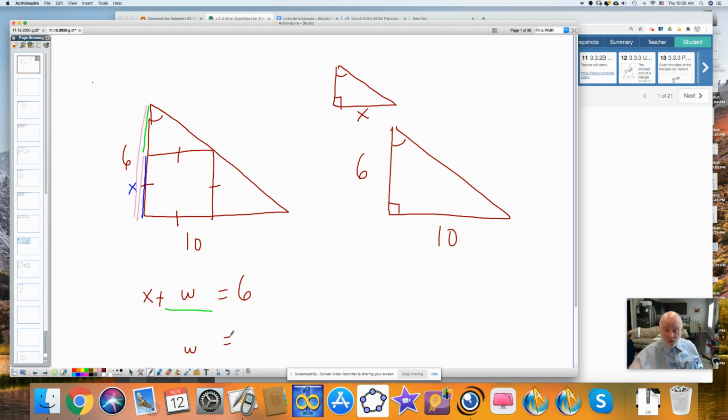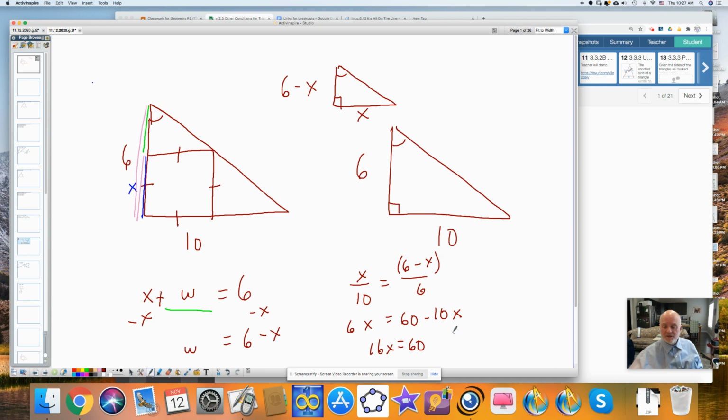And don't tell me you don't know, because this is simple algebra. We do the inverse operation to isolate the variable. You subtract x from both sides of the equation here, and you get 6 minus x. So if I substitute 6 minus x here, then I can set up a proportion. x is to 10 as 6 minus x is to 6. When we cross multiply, we get 6x is equal to 60 minus 10x. 16x is equal to 60, or x is equal to,